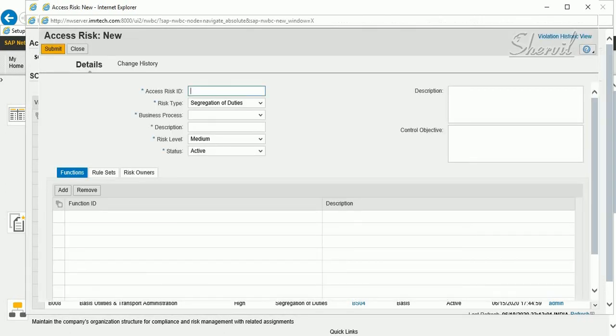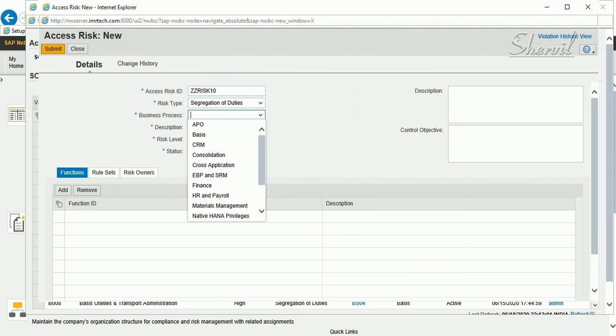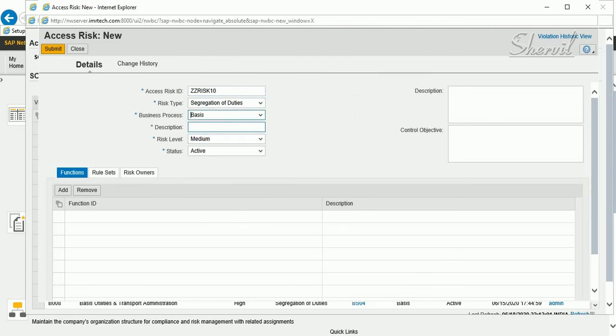I'm going to say ZZ risk 001. Okay, it has a limitation. Let's say 10. Okay, business process, let's say basis, and just give a description, basis